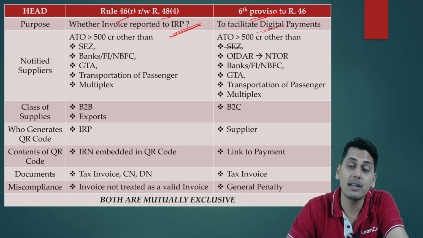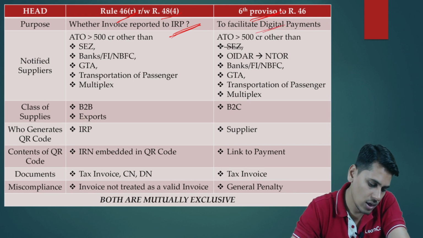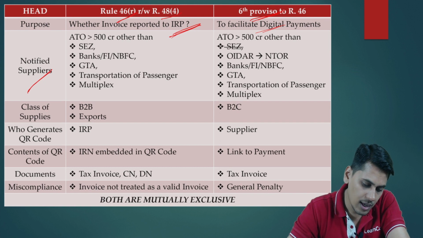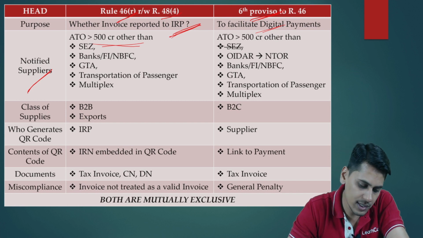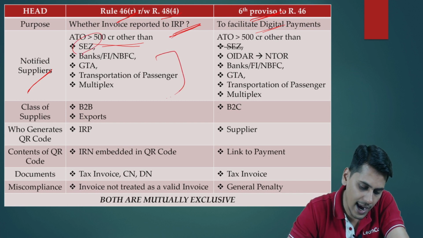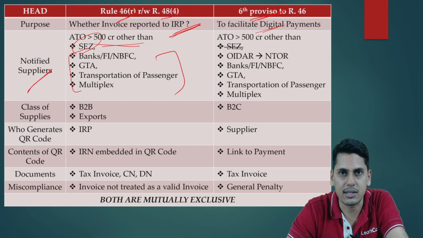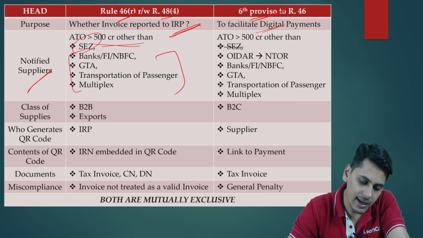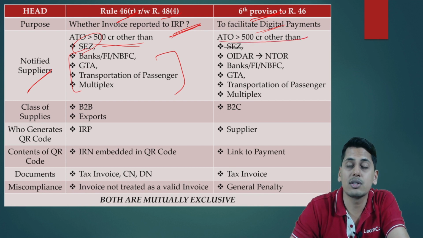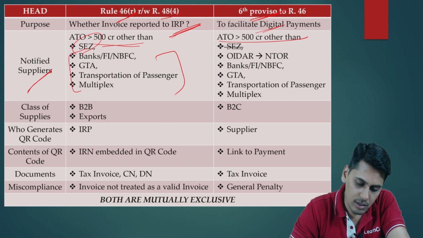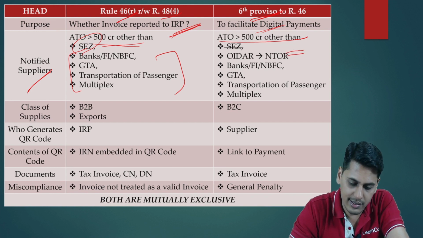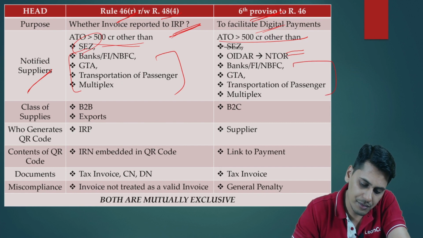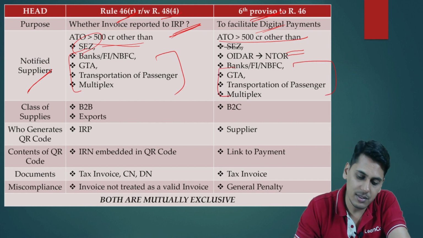It is to facilitate digital payments. Who are the notified suppliers? Aggregate turnover greater than 500 crores in any preceding financial year starting from 17-18 onwards, other than special economic zone and these specified suppliers. Here, aggregate turnover greater than 500 crores, other than OIDR, supplying services to a non-taxable online recipient, these specified suppliers. Friends, please understand here,